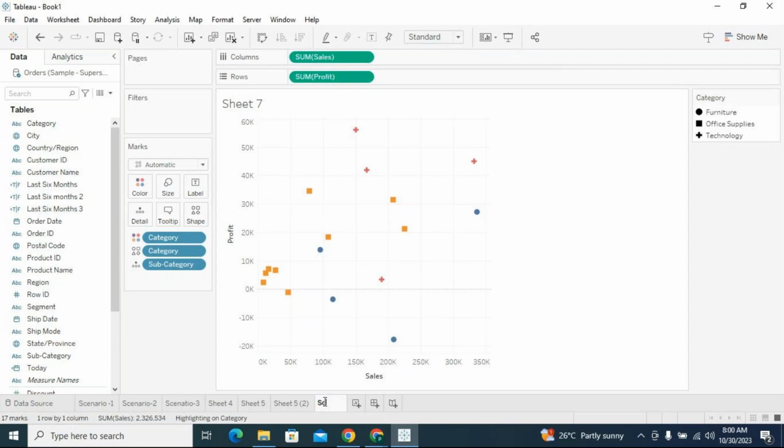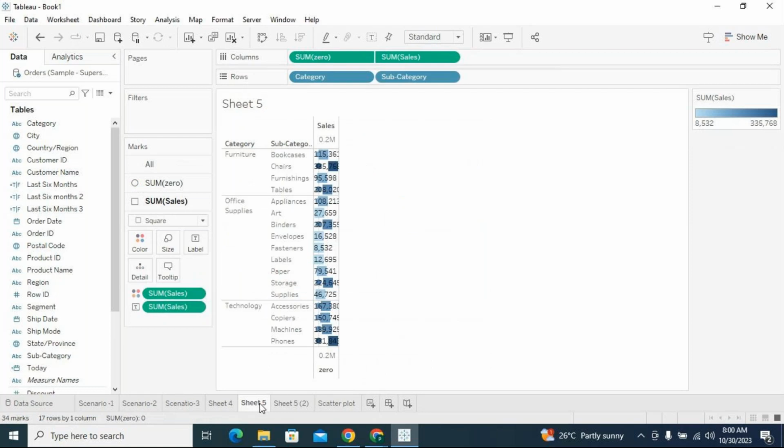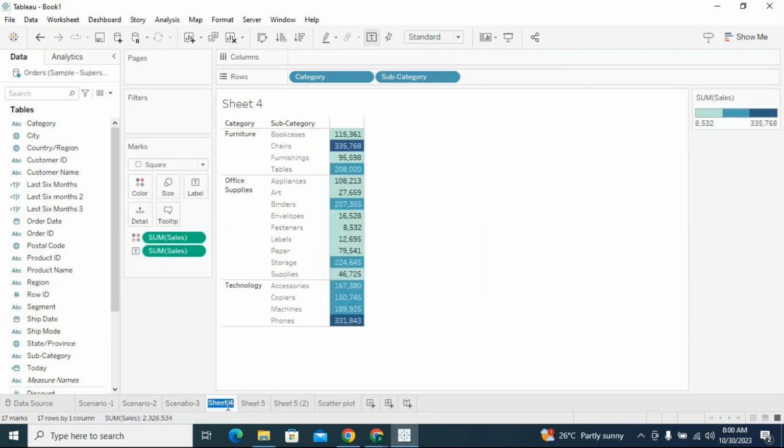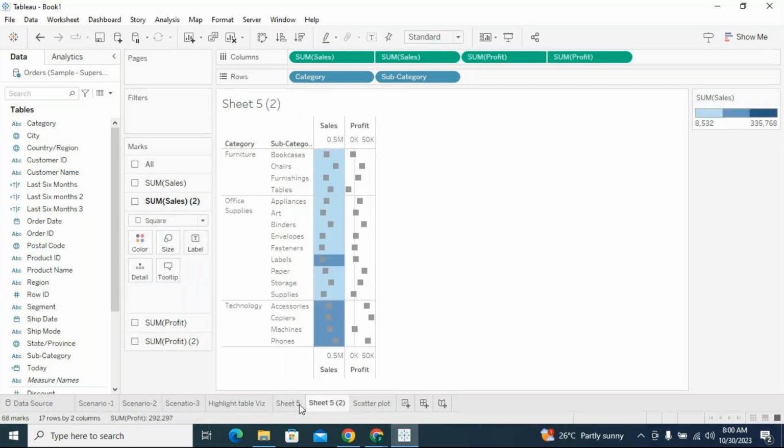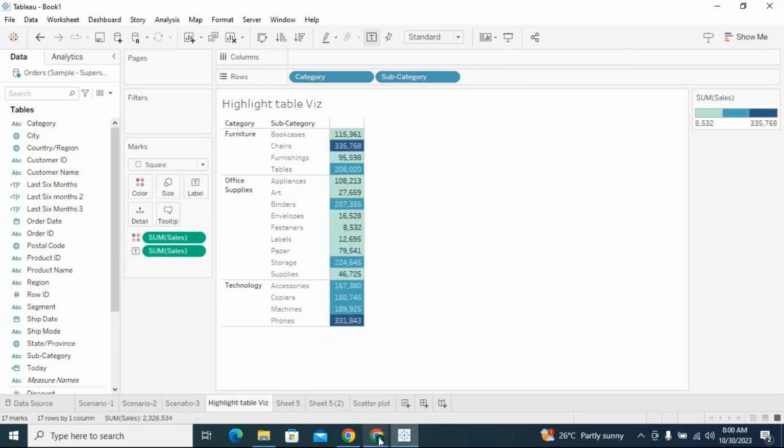What is this? This is an attack plot. What is this? Highlight table visualization. You can try from your end how to plot this highlight visualization with multiple